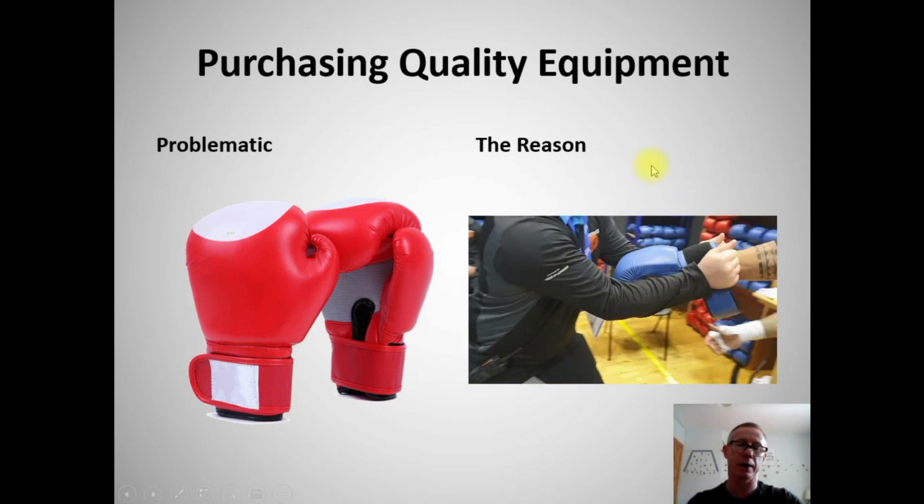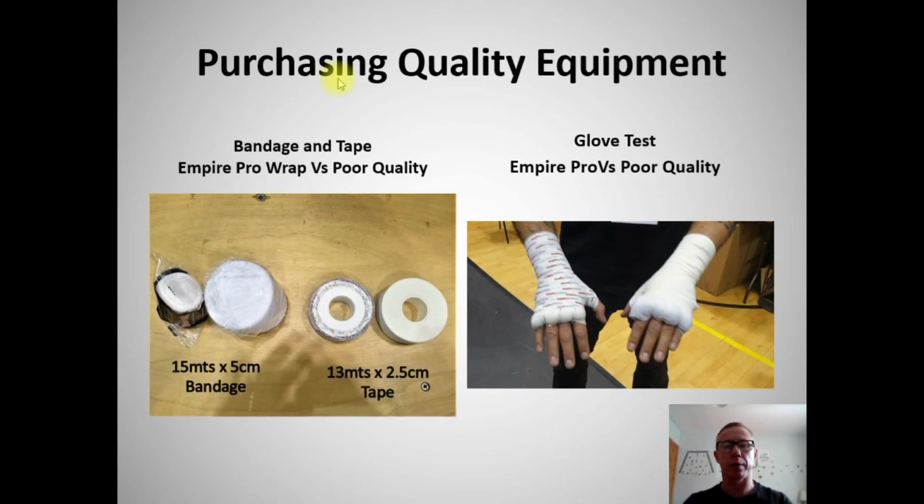Okay, that's quite hard. And the reason for that, again, is the glove is not actually made for professional hand wraps. So that's the issue we're having consistently with athletic boxing gloves. There needs to be more time and energy put into the research in terms of facilitating pro hand wraps, both in the wrist width and the knuckle padding area. Purchasing quality equipment is not only about the gloves themselves, but also about the bandage and tape. So sourcing quality bandage and tape is key to facilitating elite